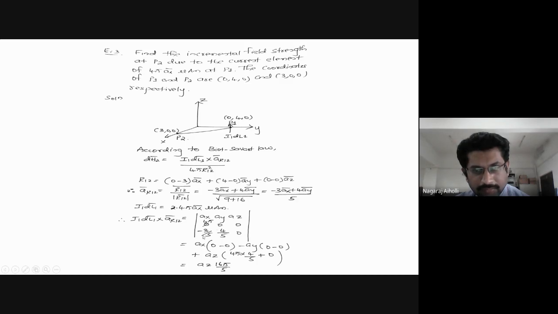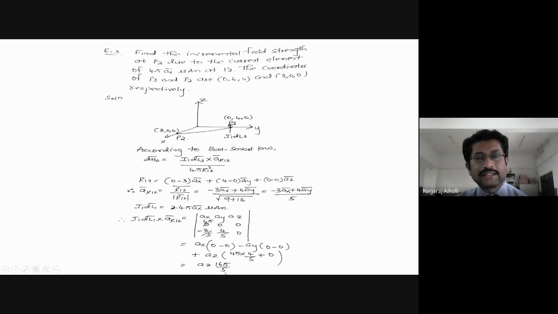Then minus into minus is plus, correct? Plus it is 0. So we get only minus 4 pi into 4 by 5